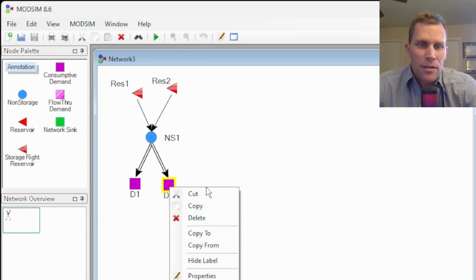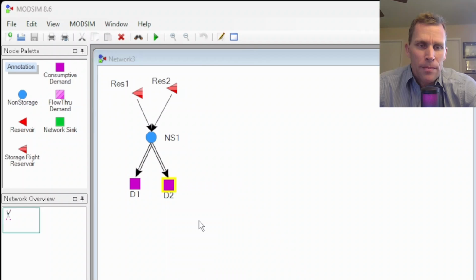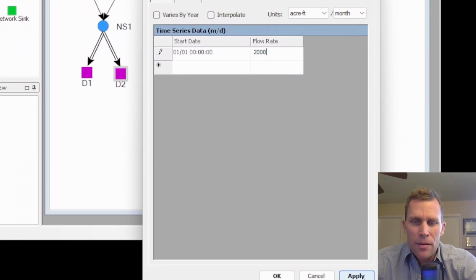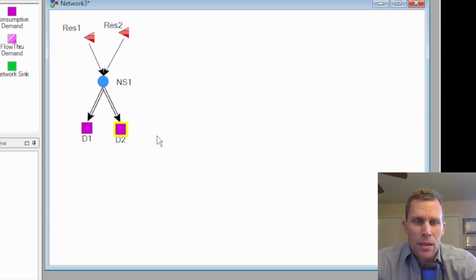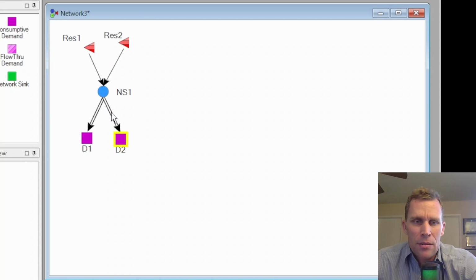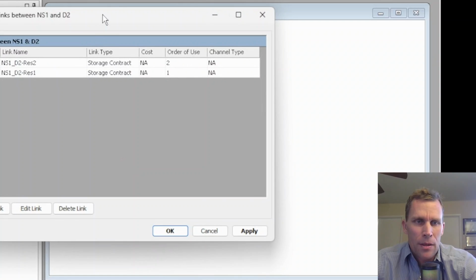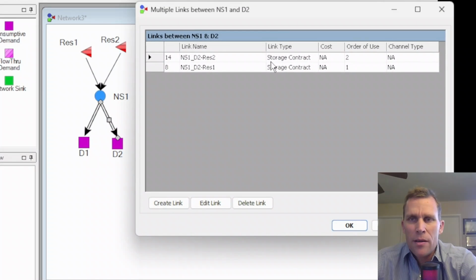I'm going to click on demand node D2, open up the properties box, and then we'll keep the priority at 90. For the time series, I'm going to change this to just 2,000 acre feet per month, fly, and OK. And then the other change that I'm going to make here is right click on the multi-link to D2. This is the storage ownership link and properties. I'm going to modify the release order, the relative order of release. So this time I'm going to have D2 draw from Reservoir 2